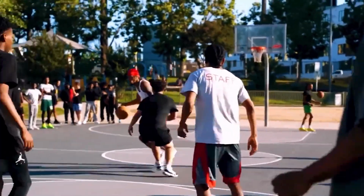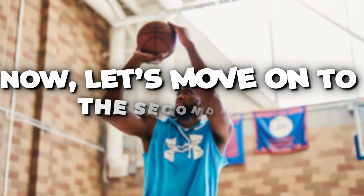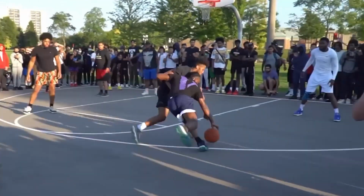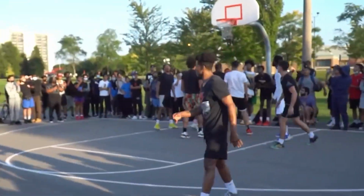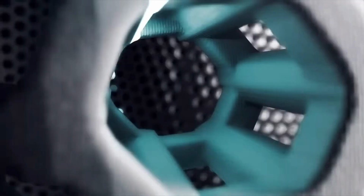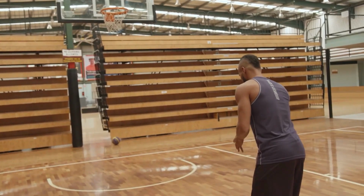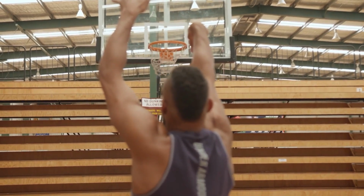It's important to address this issue for those who enjoy outdoor basketball. Now let's move on to the second problem, shooting accuracy. It's crucial that the ball behaves like a regular basketball when it comes to shooting. The presence of holes can disrupt the airflow, potentially impacting your shooting performance. To ensure a seamless shooting experience, they need to find a way to minimize any unwanted effects caused by the